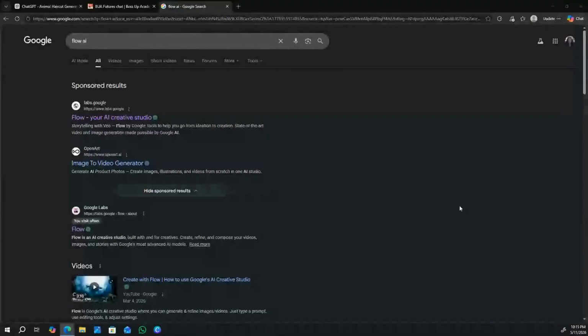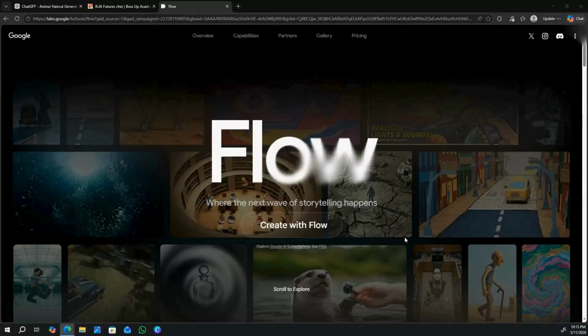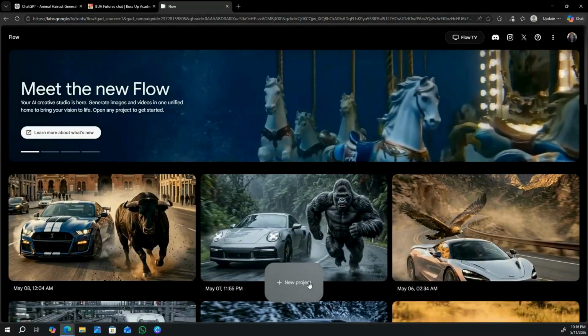Okay, guys, the next thing you want to do is go to Google, type in Flow AI, click on the first one at the top. So, guys, I already have an account with Flow AI, but if you didn't, you can easily create one using your Google account. Okay, once that's done, click on Create with Flow. Click on New Project,